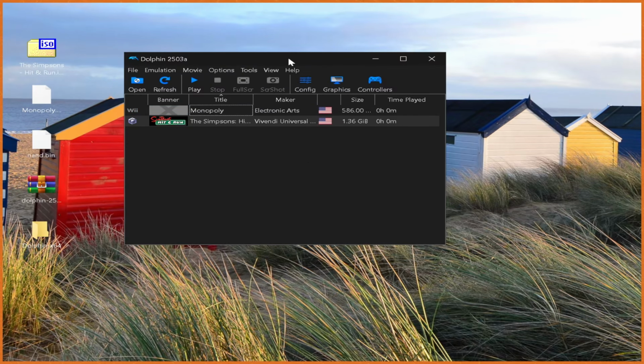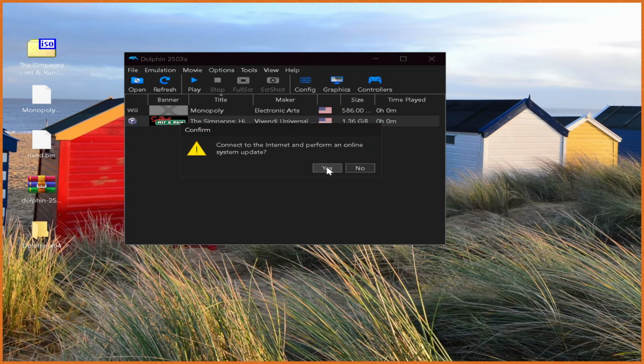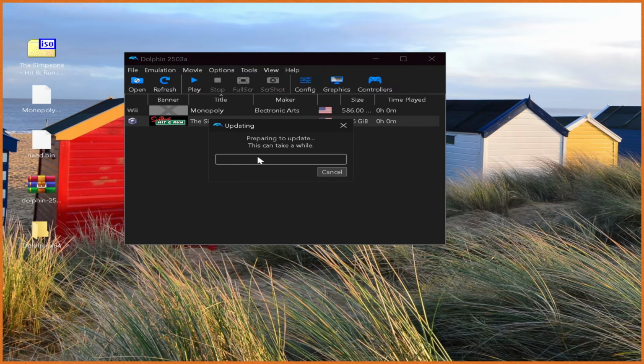If you guys have played any Wii games, you're definitely aware that these are super, super useful. So we go to Tools. We can actually perform online system update for whatever region you want. In my case, let's just do the United States and hit yes. And this will actually install like a Wii system in your emulator. Kind of like if you actually use the real Wii, you know, the Wii menu, it'll show up with that. And we can then set up our